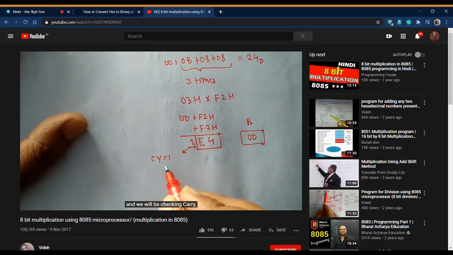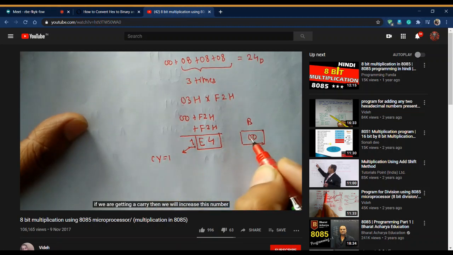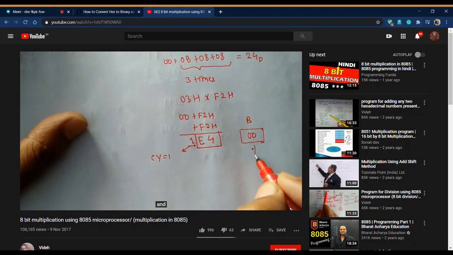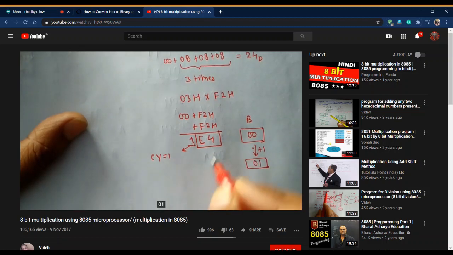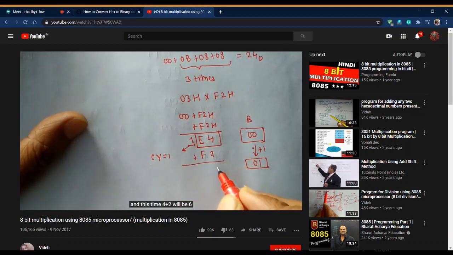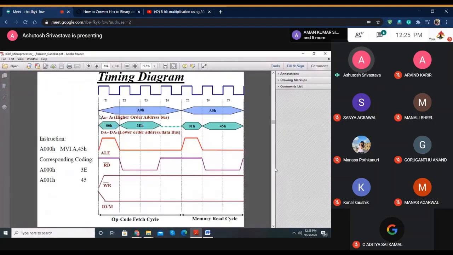So overall, what we are trying to explain further in this class is, suppose for this instruction, why is it 7 states? Or why for this instruction it is 4 states. So taking an example, we will try to make you understand on these lines. Here it is only talking about 7 states, out of which the first T state is basically corresponding to